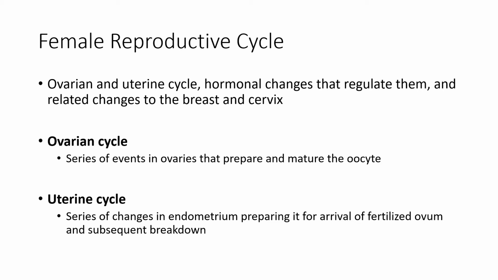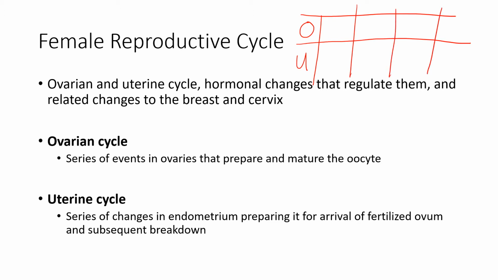As we go through, you'll see that we have a bunch of different timelines that are happening. So if you make a chart similar to this, where one row is for the ovaries, one row is for the uterus, and then you break it down by what's going on during each of the different phases, then you can see, okay, during this phase, this is going on in the ovary, this is what's happening in the uterus. That way everything's on one page instead of treating them as separate entities. Now, I am going to treat them slightly as separate entities